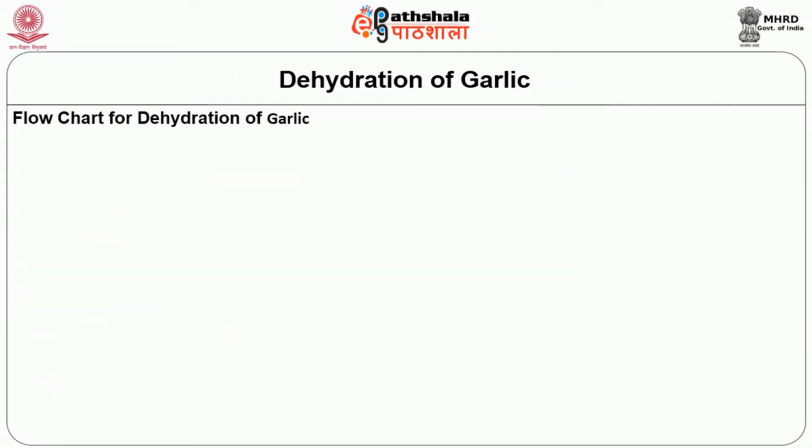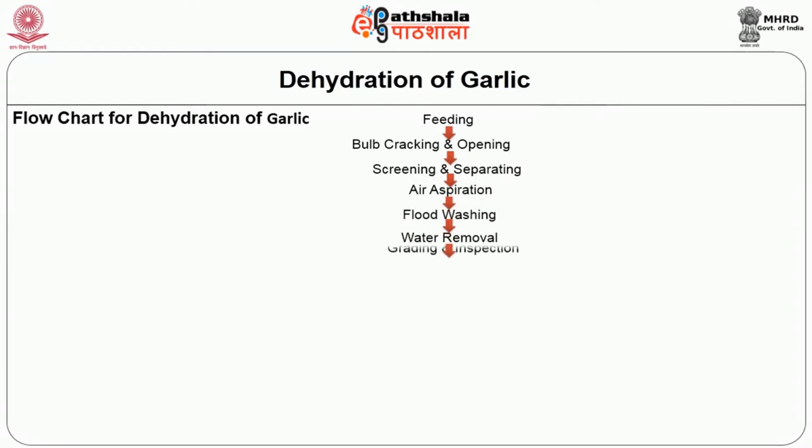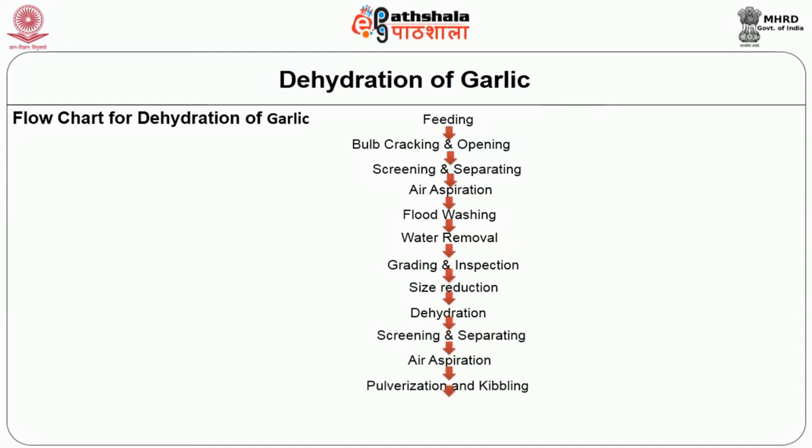Let us discuss about the dehydration of garlics. The first step being feeding, followed by bulb cracking and opening. This is followed by screening and separation by air aspiration. This is also followed by flood washing, where water is removed and then it goes for grading and inspection. Size reduction is the next step, followed by dehydration, then screening and separating through air aspiration, and this is followed by pulverization and kibbling. The inspection of milled garlic powder of 250 microns followed by packing is the final step